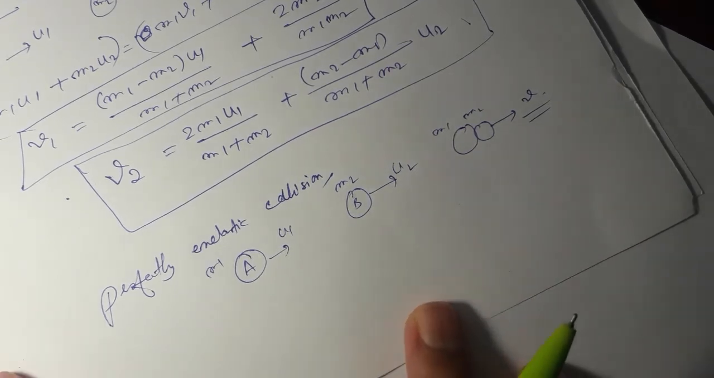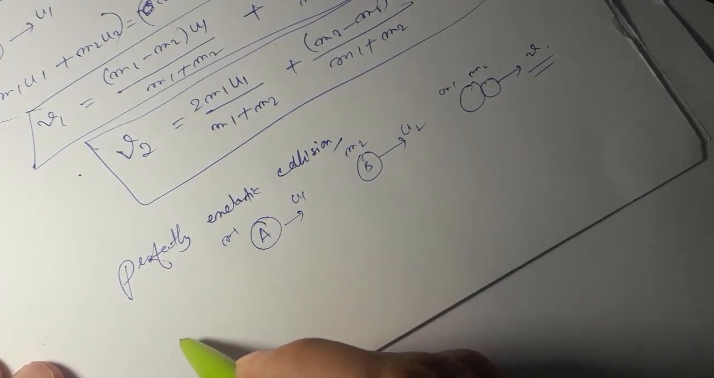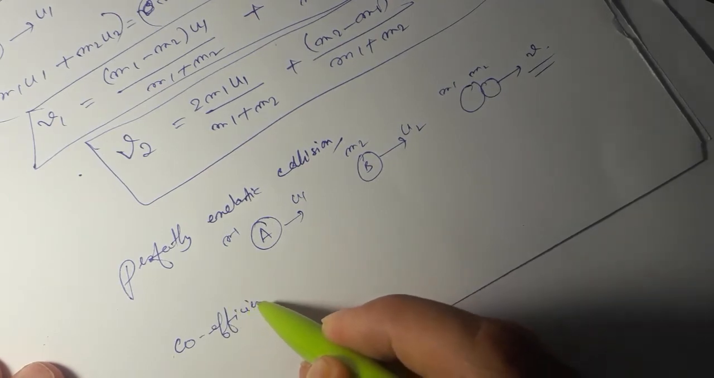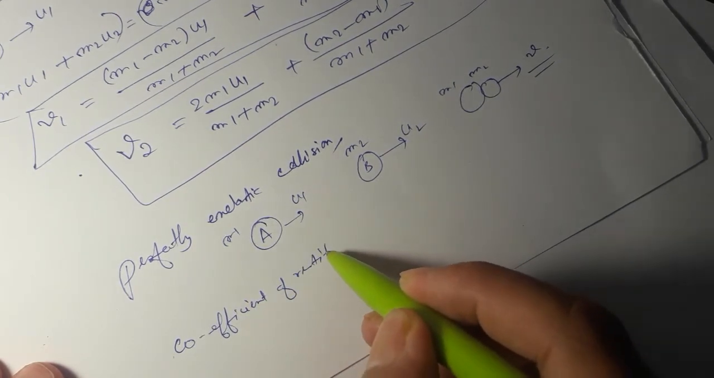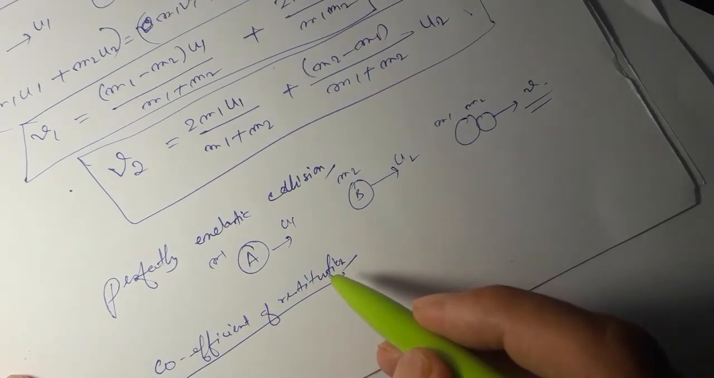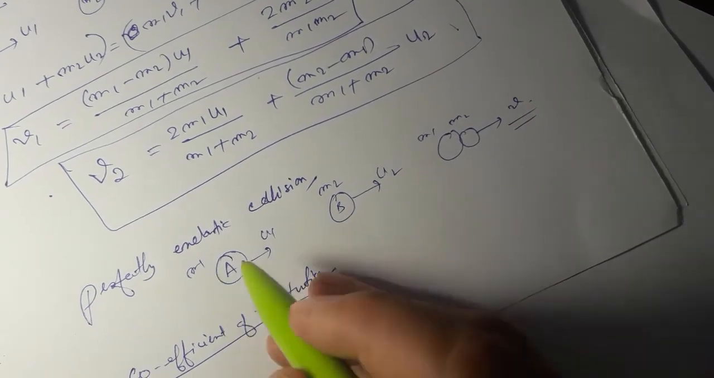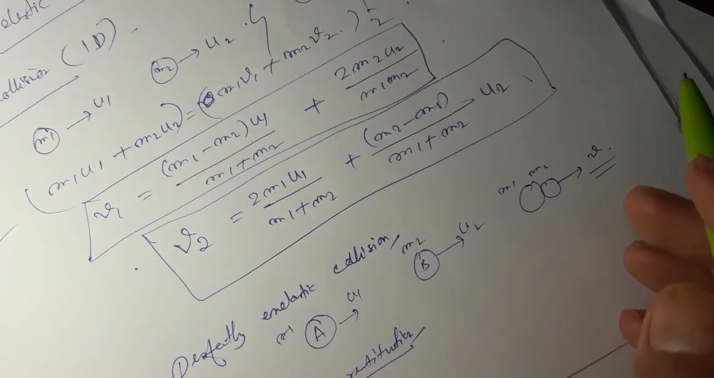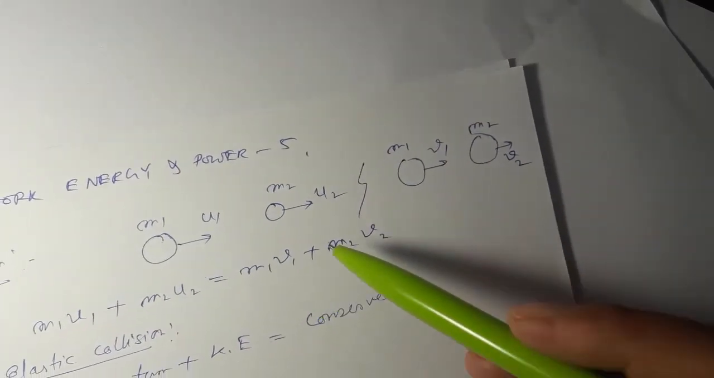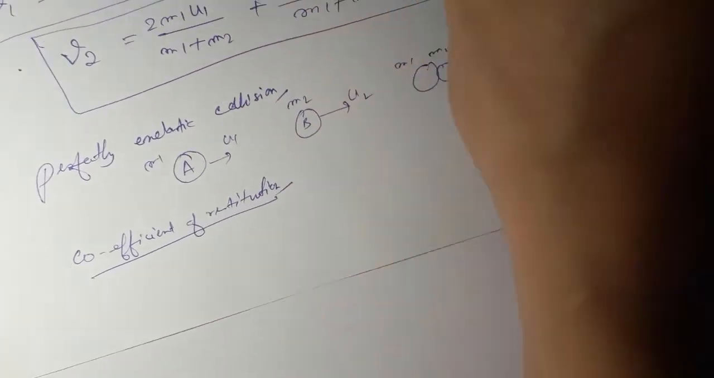But here we have to know a very important equation that is known as coefficient of restitution. This is applicable in the case of perfectly elastic collision. I repeat again, this is for perfectly elastic collision where the two bodies don't stick together. The first case we have taken for perfectly elastic collision, like this type of collision here. In this case, the coefficient of restitution, the formula